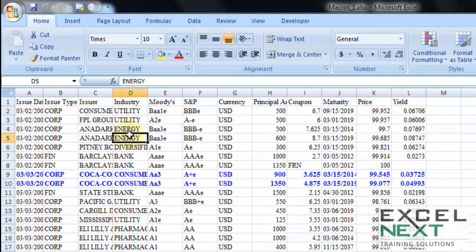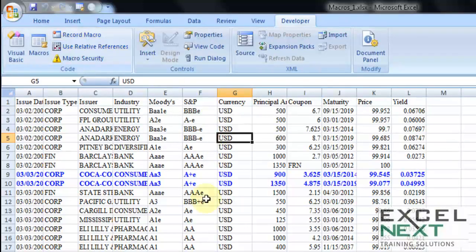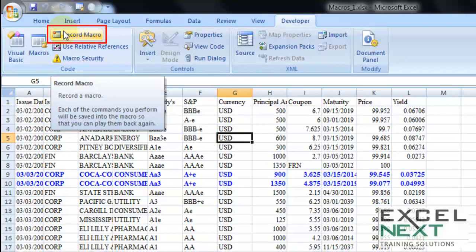So what I'm going to do is, I am going to ask Excel to record all these steps that I will be doing right now. And next time, we'll ask Excel to repeat those steps on my behalf. What do I mean? Let me show it to you. Let me go to Developer. Before I do any actions, that is choosing the sheet and then applying the formatting techniques, let me say Record Macro. So each of the commands that I'll be performing will be recorded in the command line. It's not a video based recording, and nor is it a time based recording. It's an action based recording, command based recording.